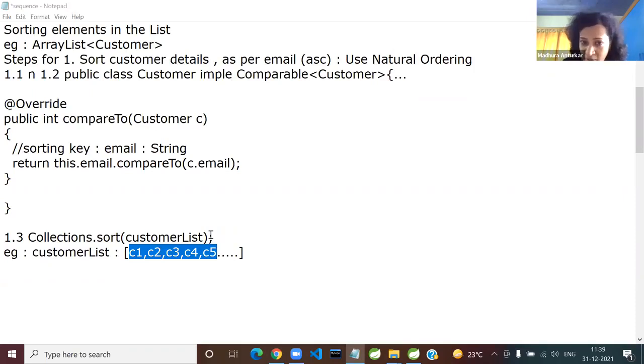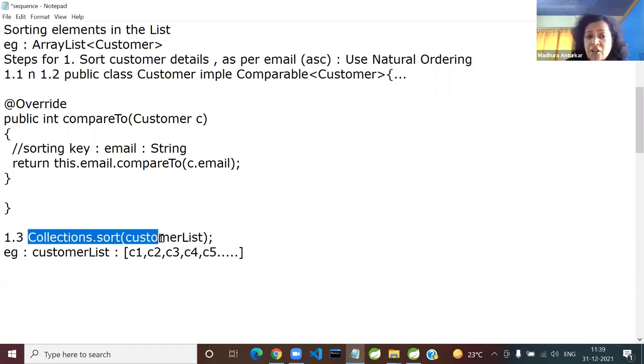Okay. So now the question is coming your way. When I call Collections.sort on the customer list, what will be the internal code the JVM will be calling? Anyone wants to answer? What will be the code you think this sort function will call internally? You understood my question? What will be the input? Which method will it call internally? Yes, you are right. compareTo, but give me something like, yes, exactly. Kunal's answer I'll accept because he's given me the closest answer.